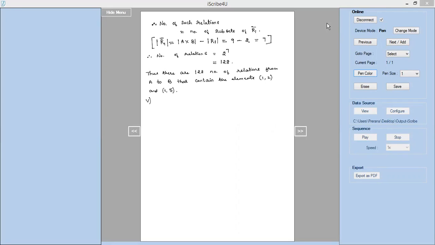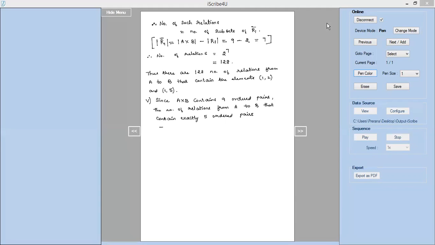Now moving ahead to the fifth one. Fifth question. We have to find the number of relations from A to B that contain exactly 5 ordered pairs. Now, we can solve this in this manner. Since A cross B contains 9 ordered pairs, the number of relations from A to B that contain exactly 5 ordered pairs